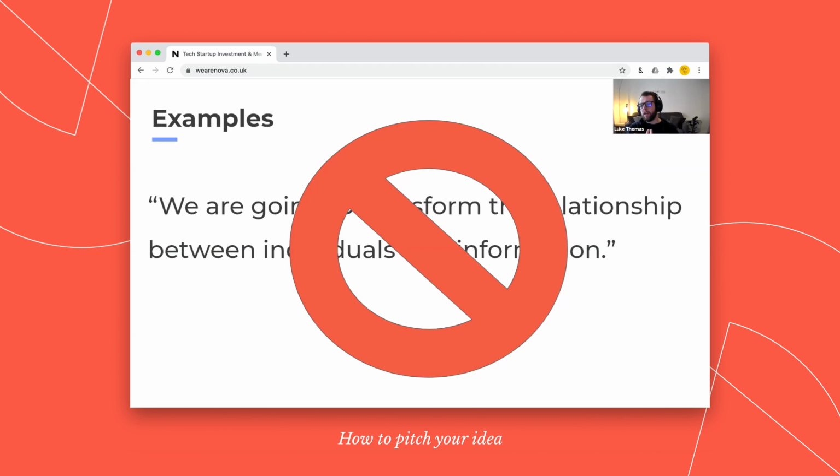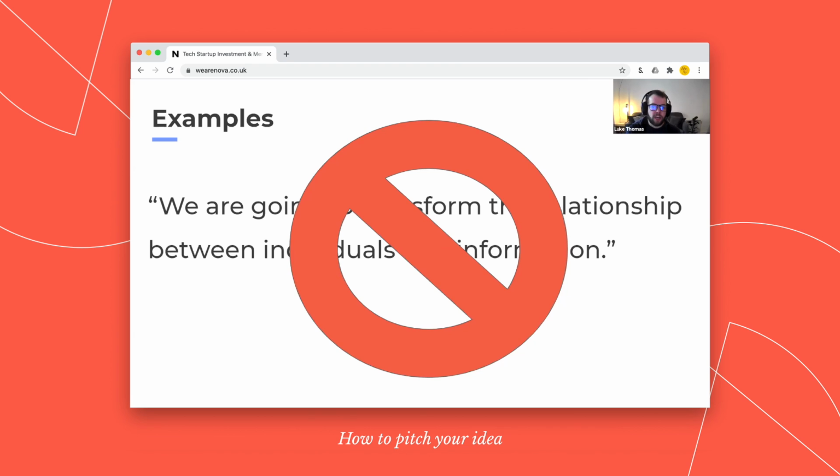This gives you no information as an investor or a partner of what you're going to do. I'm no closer to being able to reproduce your idea or visualize it. This is what I mean by overly vague, trying to make it sound bigger than it is, but actually having very little detail. And if you start with something like this, then the panel are trying to figure out what you mean as you're now explaining it. So try to stay away from big, vague statements. It's better to be more specific.